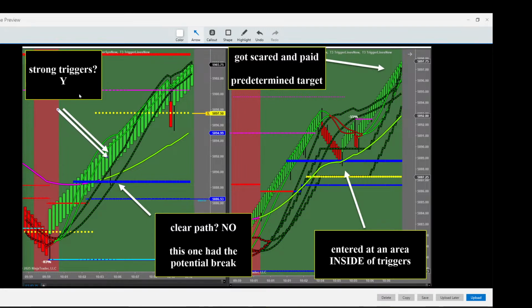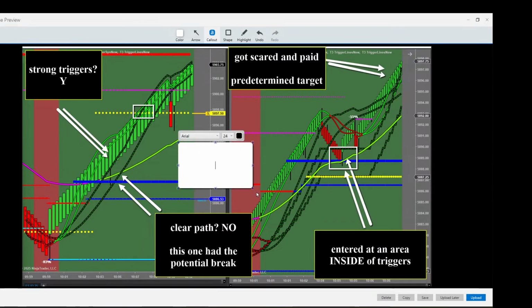But point it at your trigger line and talk about momentum. Point it to whether or not you have a clear path. Show me your entry. Show me your exit. You can even use boxes if you want. You can talk about where your entry came from. You can talk about where your targets were. And use the call out button. So left click and drag down. This is your call out button. And guys, this is how